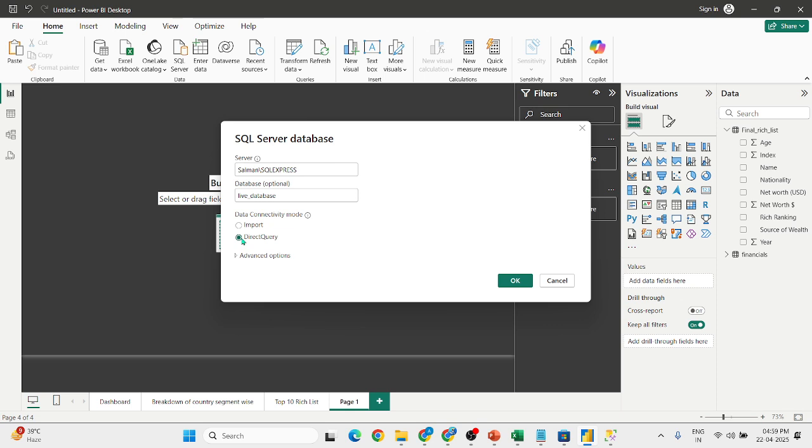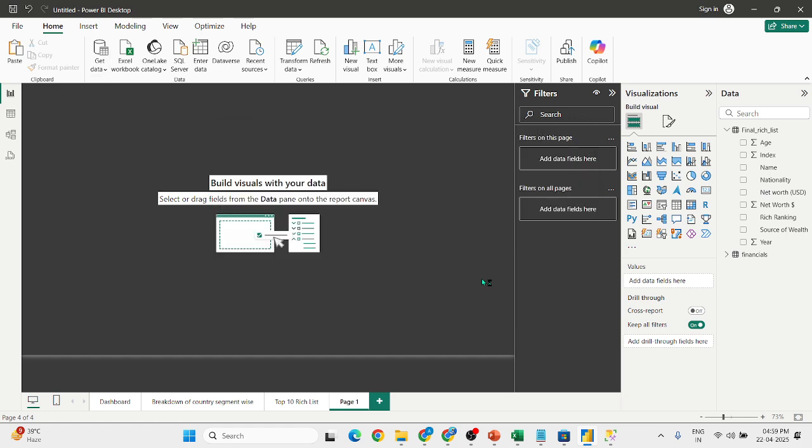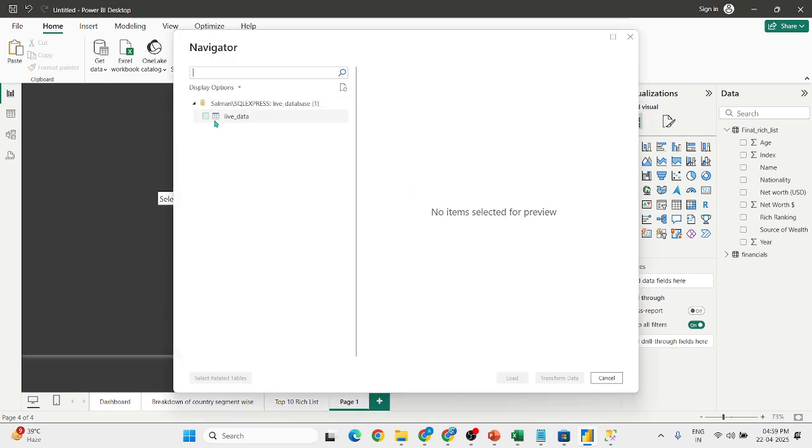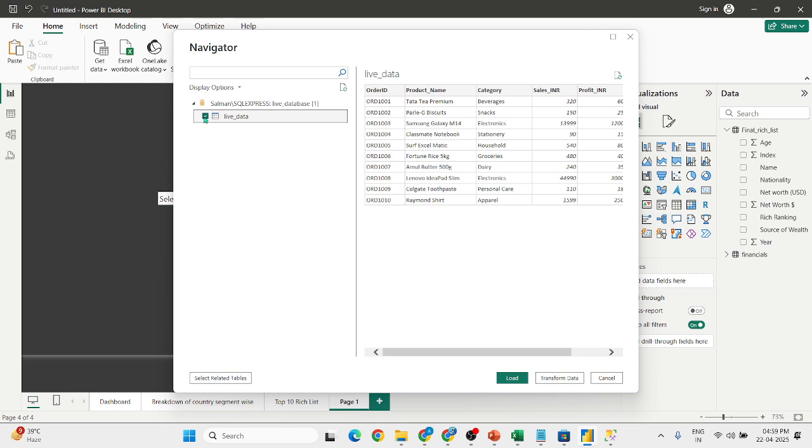And if we want real time analysis, we need to click on this direct query, right? Just simply click on this OK button. It will try to connect this Power BI to this SQL server, and we know that inside this live database we have a table named live data. If I just simply click on this, this is the live table, right, this is the table we had. Now I know that I am connected with the direct query, so I cannot particularly